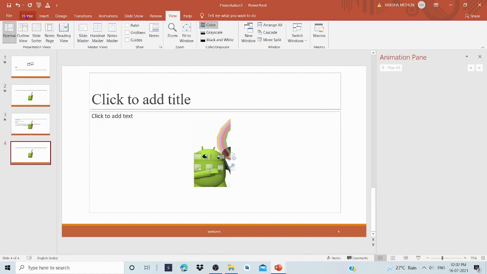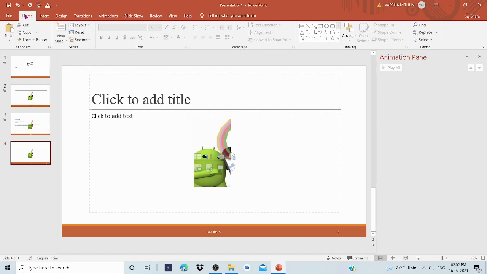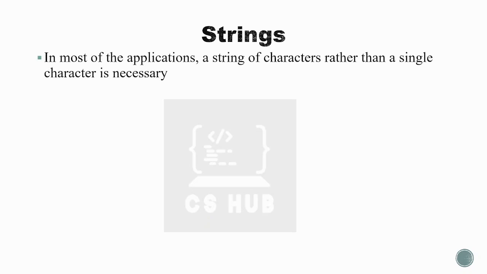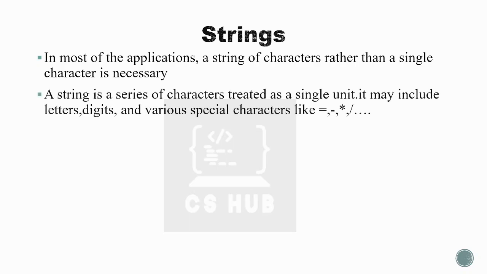Okay. Now, the last topic in this PowerPoint presentation is how to present the video. So this is the slideshow. In the slideshow, wait, let me take another slide. Okay. In this slide, you can see this is a watermark, and I have taken the slide master and added a picture and made this watermark. Then I've given animations for every point. So the points are coming one by one.